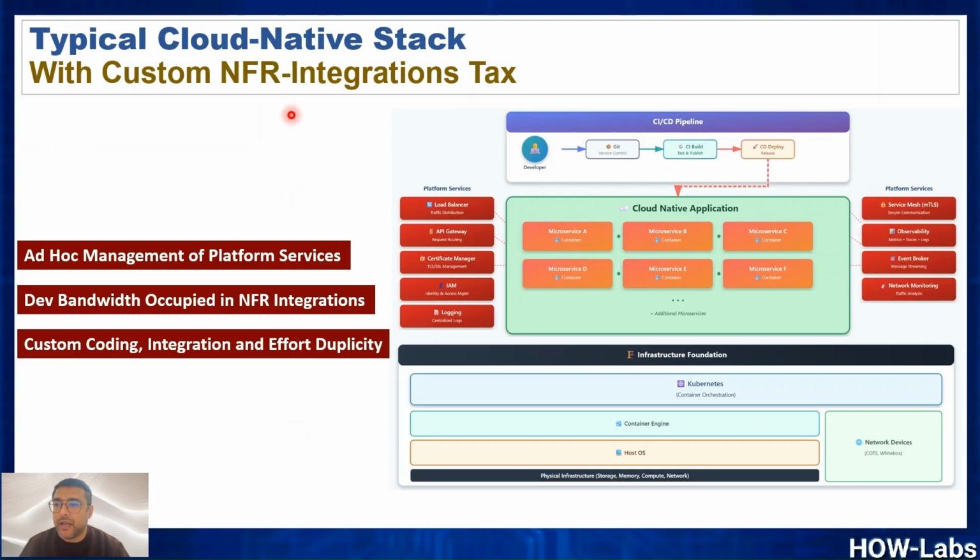This is a typical cloud native stack which I have shared in one of my earlier articles. In the last video, we completed the implementation till the infrastructure foundation, where we deployed the Kubernetes cluster on top of the physical infrastructure. On top of that, you can deploy your cloud native applications, but for them to function, you need certain non-functional requirements integrated with it. The platform services provide you these non-functional requirement capabilities, but in the absence of a platform to manage these services,